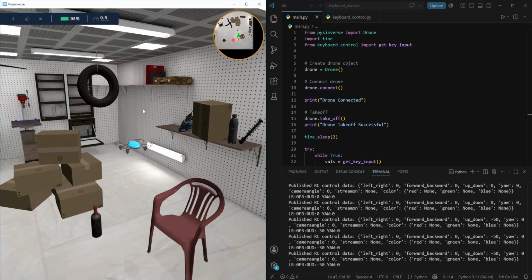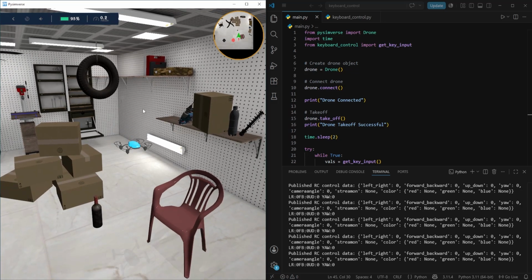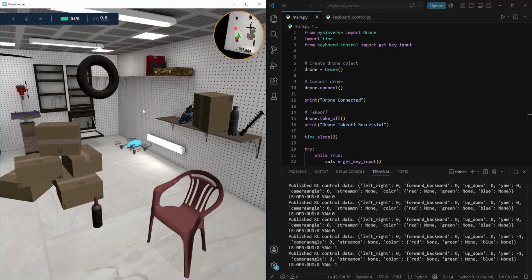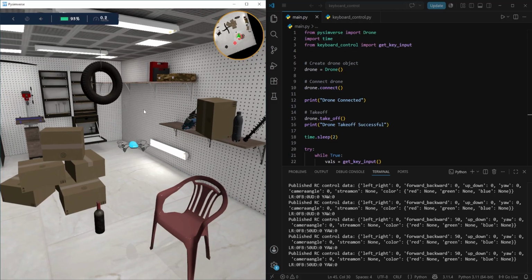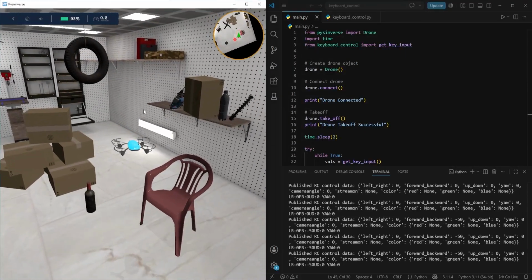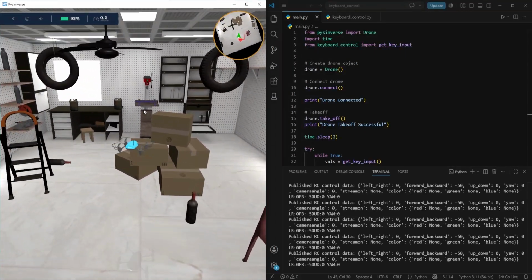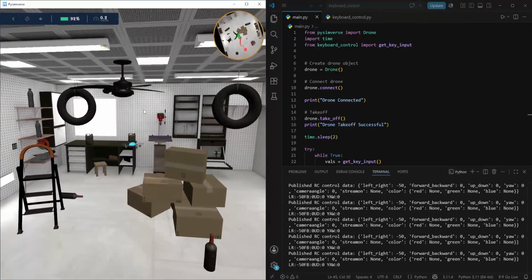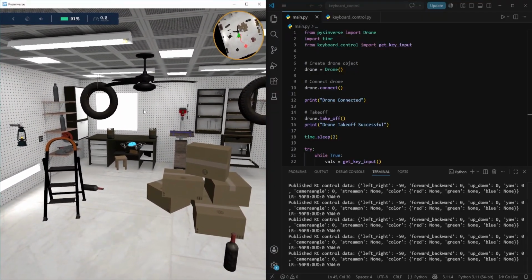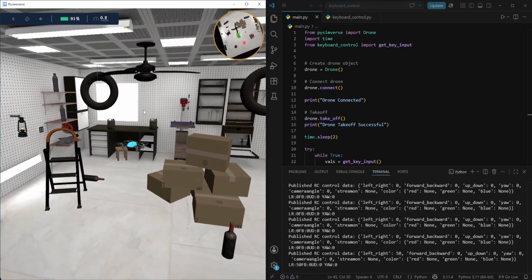By learning keyboard control, we can interact with the drone in real time. Also, we can test its movement and understand how commands such as moving forward, backward, left, right, up and down and rotation are translated into actual drone action. This knowledge serves as the foundation for more advanced projects, including object tracking, face following, gesture control, autonomous navigation, and